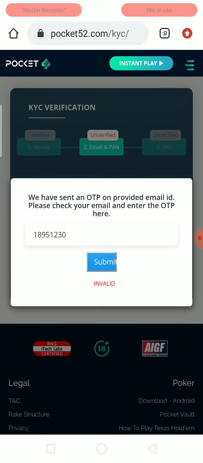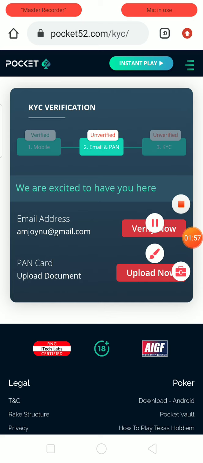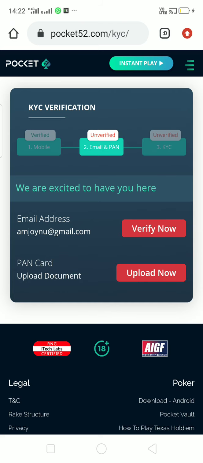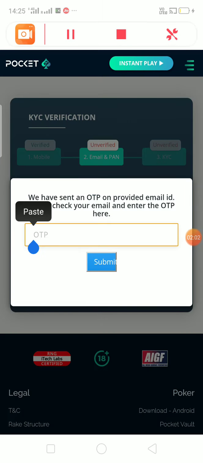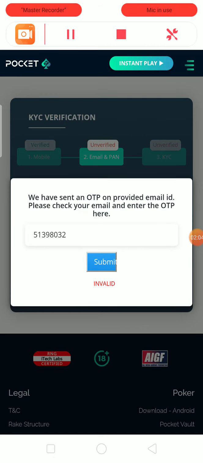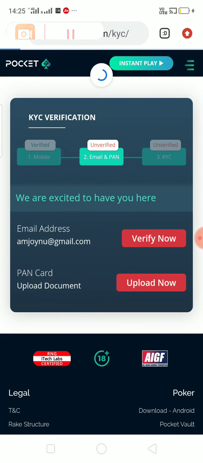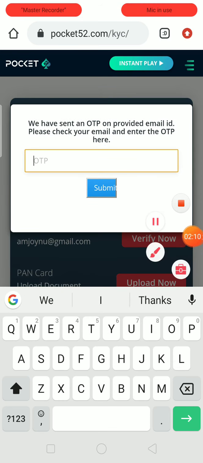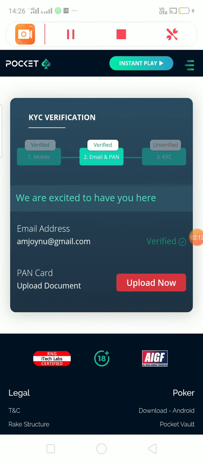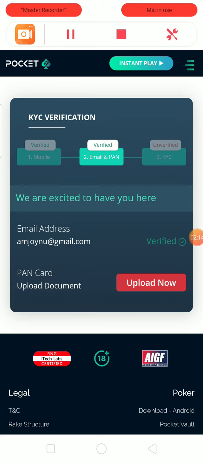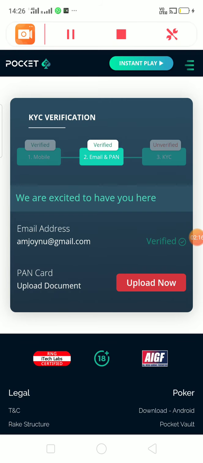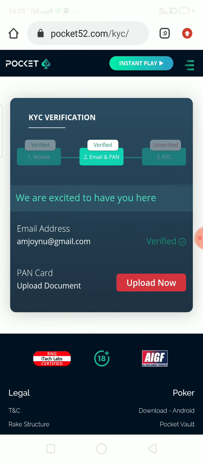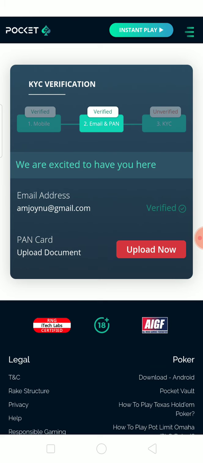Okay, just a second. I'll just verify my email again. I think there is some issue. Actually guys, I was entering the wrong OTP. That's why I was unable to verify my mail. So my email is verified right now. You can see it out here. I was entering the mobile number OTP actually. So I just entered the Gmail one and my ID is verified right now.